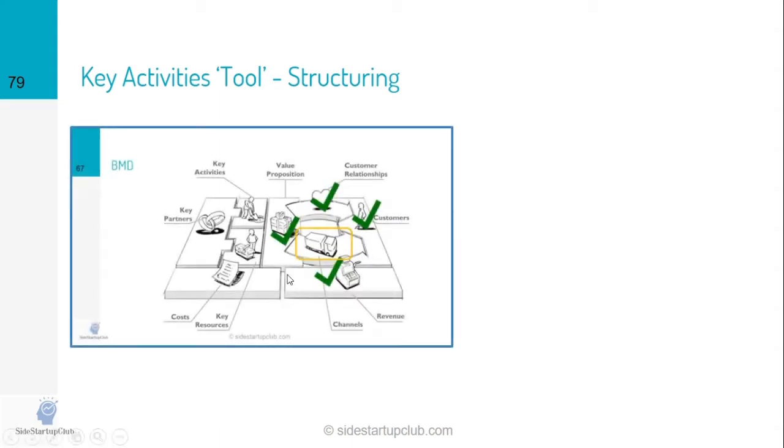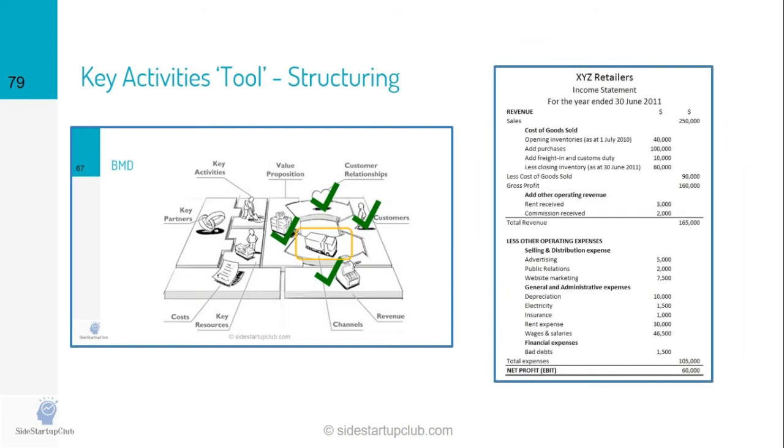And the way we might structure that WBS, again, there's different ways to go about this. You don't need to make it a science, but what I recommend is pay close attention to this channel element and the exercise we just went through, where we created exactly what goes into those channels. And also pay attention to the format of an income statement. At the end of the day, we're trying to do a profit analysis, and key activities is going to help us get there. So if we organize it kind of in the format of an income statement, it's going to streamline that. So we have cost of goods sold, we have operational costs, business administration costs, sales and marketing costs,